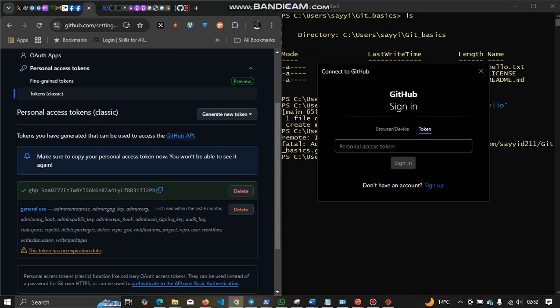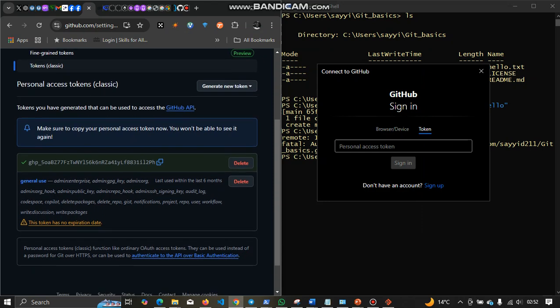Okay, my token has been generated. However, an important point to take note of is that you can only have access to your token once. Your personal access token can be only viewed once. So once it is created, you have to copy it and save it in a secure location where you can have access to it. Otherwise, you will lose access to it, because once I leave this page now, I will